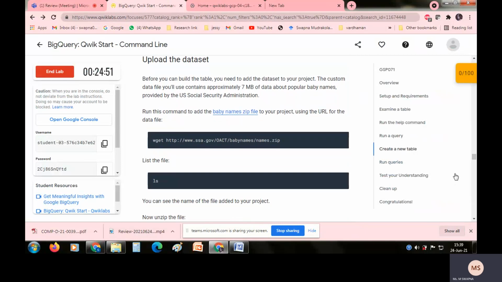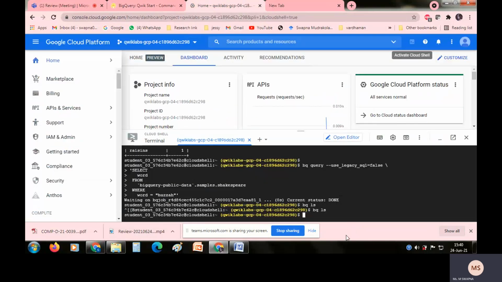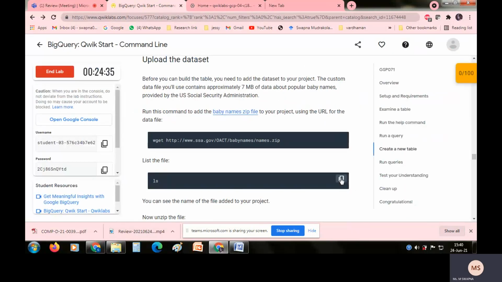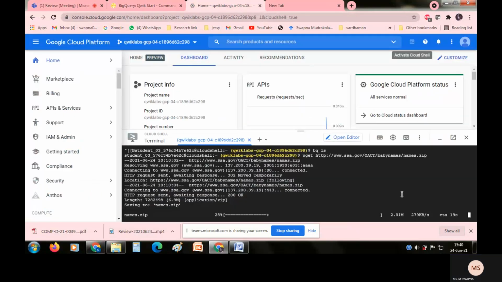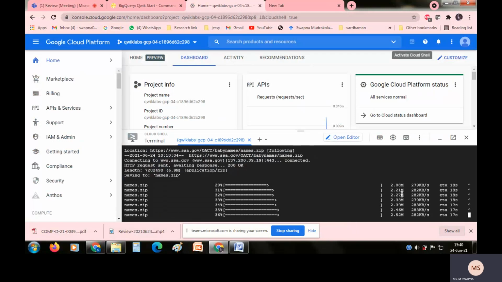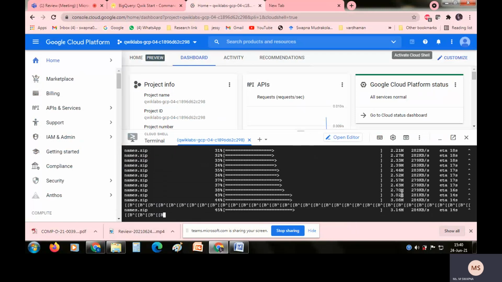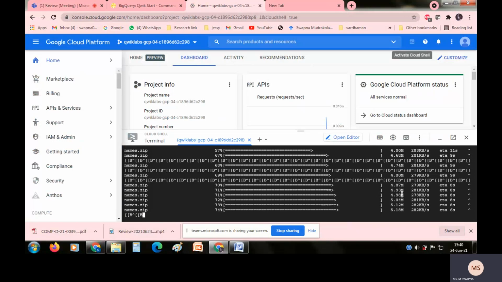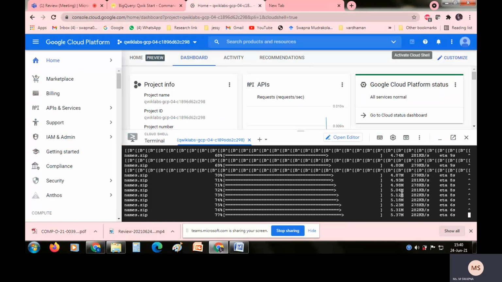So you are trying to update your data set. That means you are trying to upload a new data set in your project, which is there in your URL. It's taking some time. Once you upload your data set, you need to query stating how many data sets are there, what the table name is, what the table description is, and like that. The uploading is being done. Wait for a while.